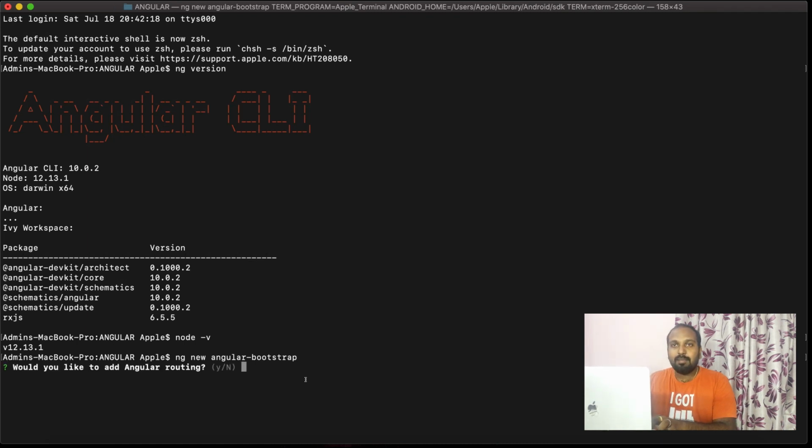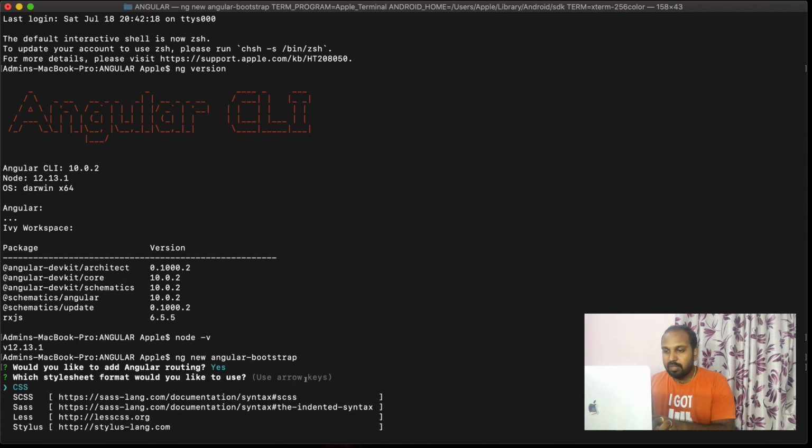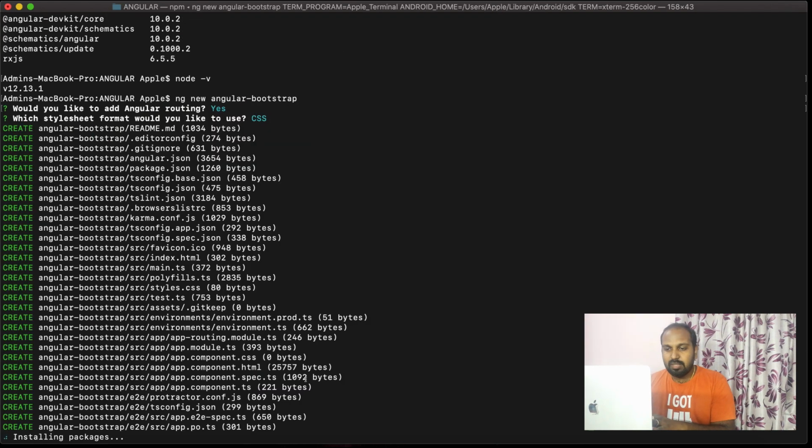It will take some time to install. By default it asks whether we need routing, and what kind of CSS we need. I'm using default CSS, so it's installing the default packages. Once it's ready, we can start the Angular project.